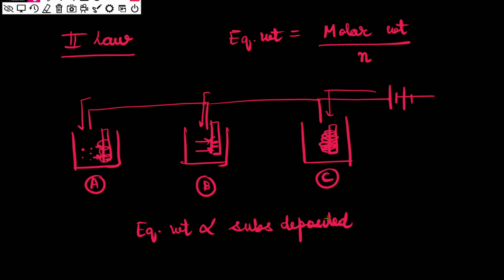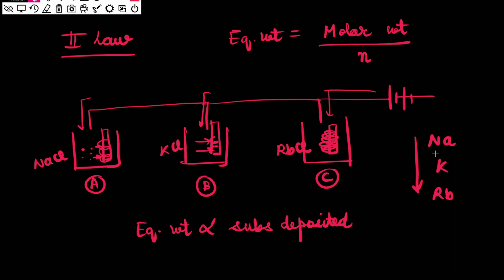This is what Faraday's second law says. So suppose here I take three different electrolytes. Suppose here I am taking NaCl, here I take KCl, and here, although not possible, let's say I am taking another, like RbCl. So we know that